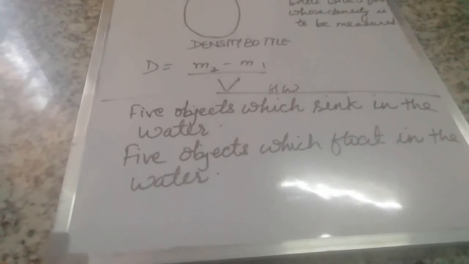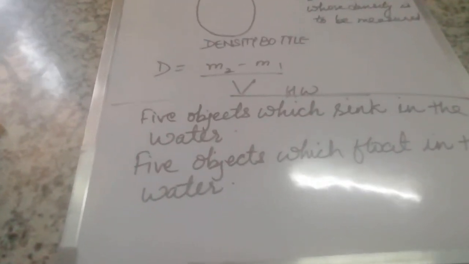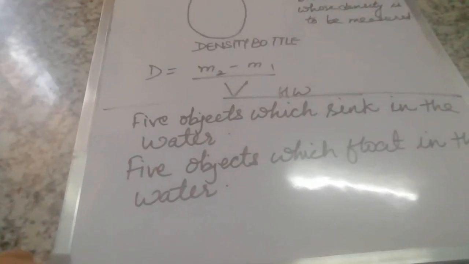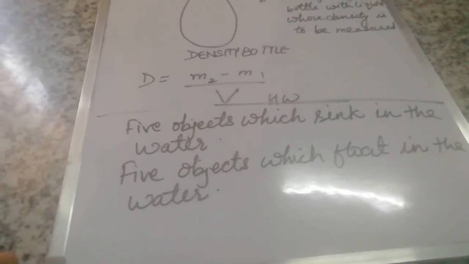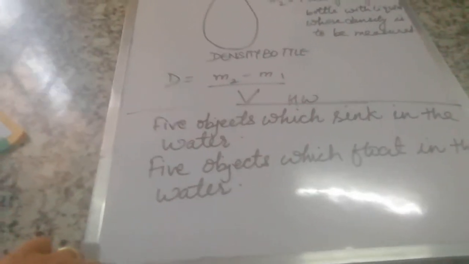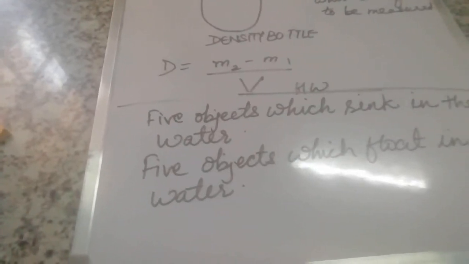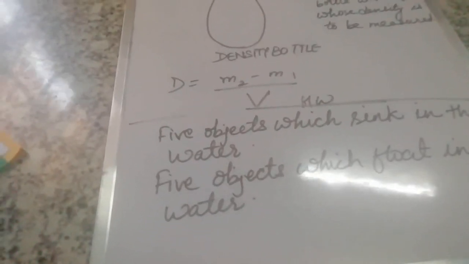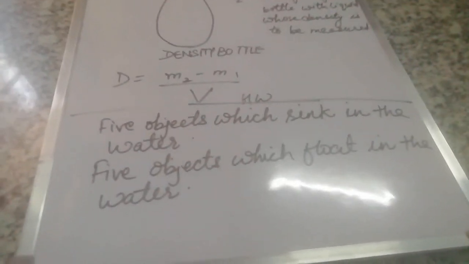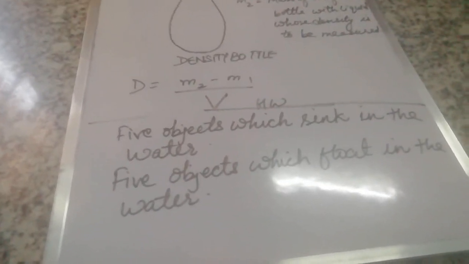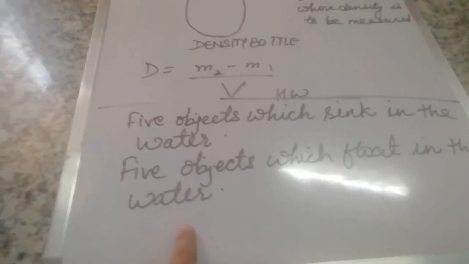Okay children, you all will do this activity and read the table given on page number 21. Observe and just learn the density of a few objects. Okay, a few materials like ice, aluminium, iron, gold. Just learn the density of at least 5 materials. Okay children, read the chapter and do this work which I have given you today in your fair copy, children.